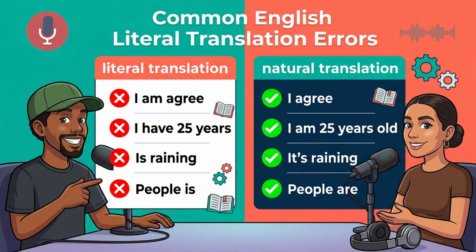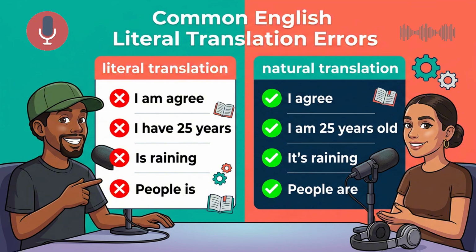Definitely. So when I was looking through these curriculum notes, I kept seeing this idea of the dictionary trap, or what teachers call literal translation. Right, the dictionary trap. Yeah, and we need to talk about why our brains do this. It is like trying to build a house, right? You know how to build a house in Spanish. You know where all the rooms go. Exactly. So you take one English brick and you try to put it in the exact same place you would put a Spanish brick. Which makes perfect sense logically.